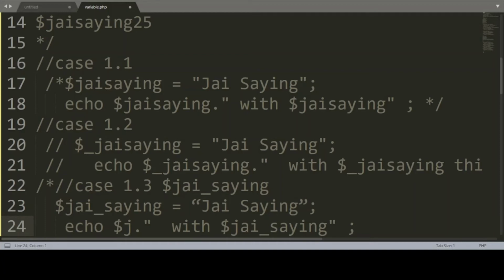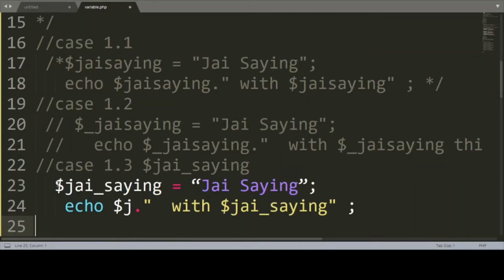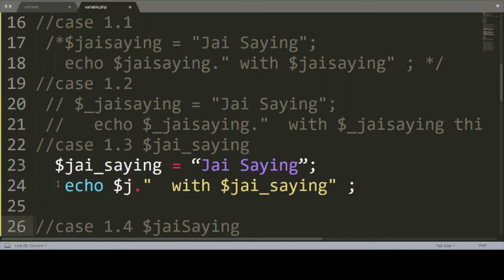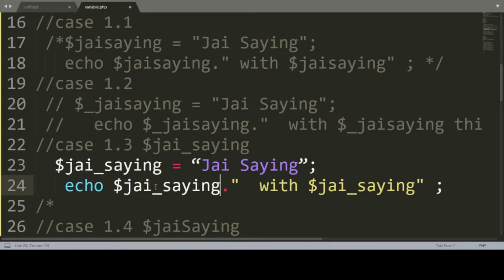Okay, now I am going to explain the third case. Open the comment. Now comment the fourth case. Now J saying, J underscore saying. Okay, so I have written this one, and use proper double quote,